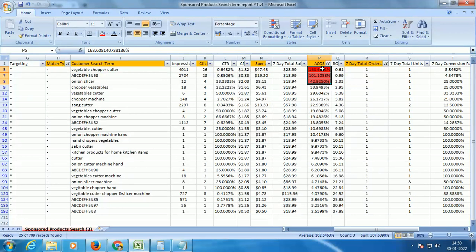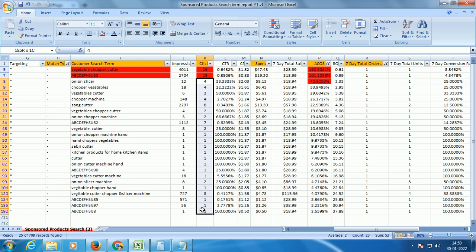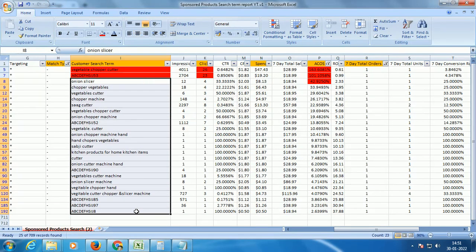Then I will see how many clicks we received. I see there are two cells where we have more than 10 clicks. I'm going to negate this search term from the corresponding campaign and also negate this specific ASIN from the corresponding campaign. As simple as that. Now what about the remaining ones? I will give them some more time because I don't have enough data. I just have 4 clicks, and based on 4 clicks I cannot decide whether to hold this search term or negate it. So we will wait some more time, maybe tomorrow, the day after, or after a week. We'll see how this search term is doing, and accordingly decide whether to keep it or negate it.